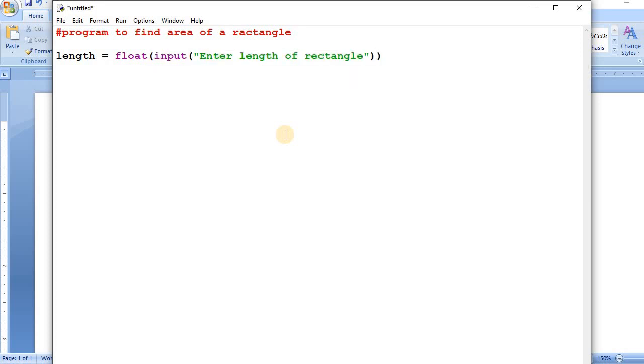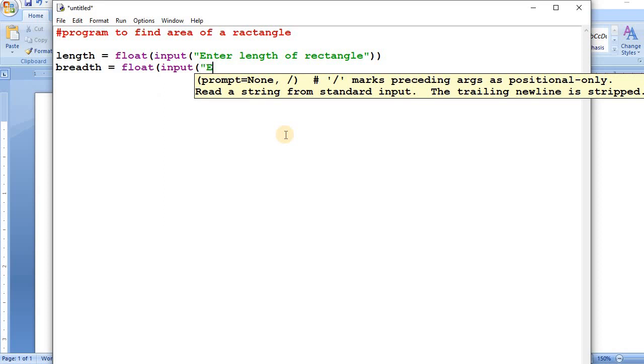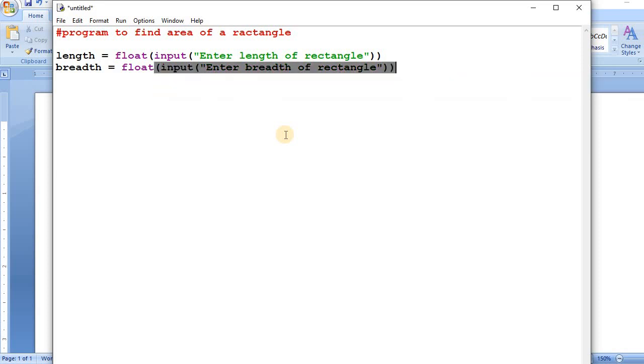in the float function, and then for the second variable I'm using breadth here, and the same statement we have to form again. Input: enter breadth of rectangle, and the formula to find the area of rectangle is length,